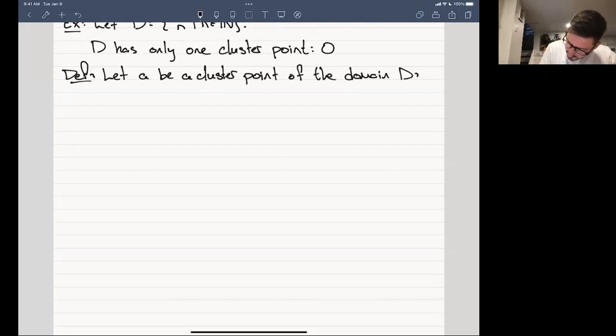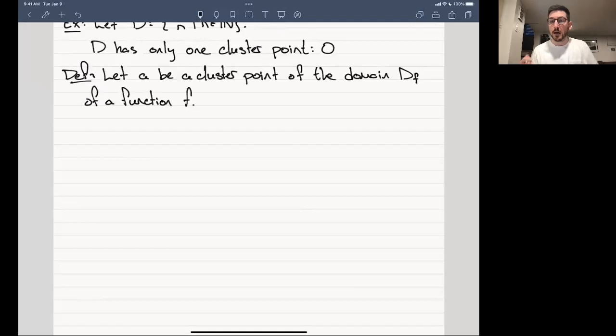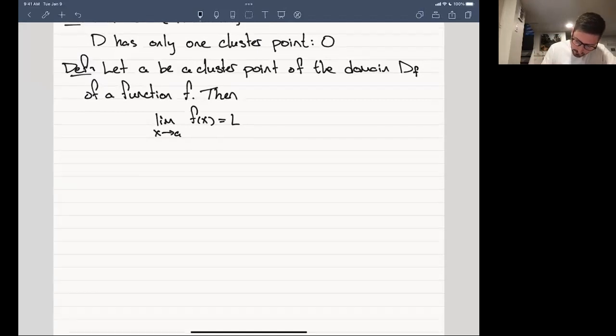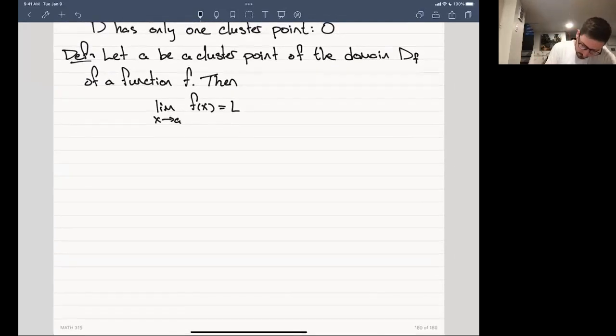Now we're going to call this D sub f. This means the domain of a function f. So that means all of the values that you get to pick to put into the function, that's what we call the domain. Then we write the limit as x approaches a. So this is important. It tells us limits are only defined in terms of cluster points, is equal to L if and only if